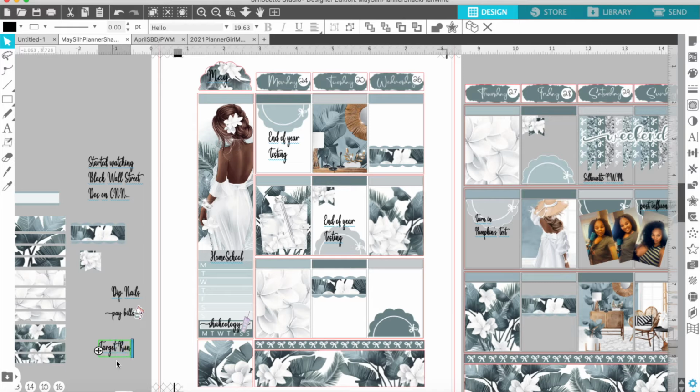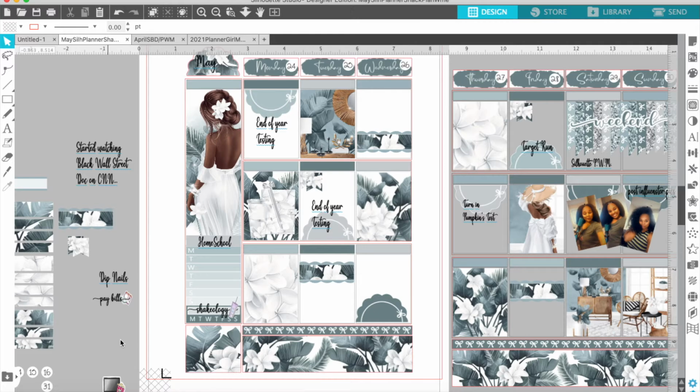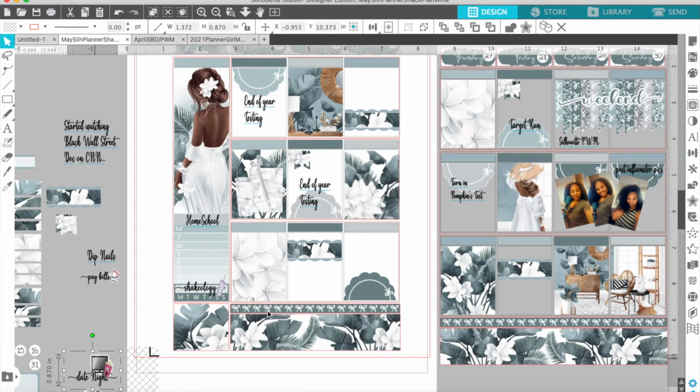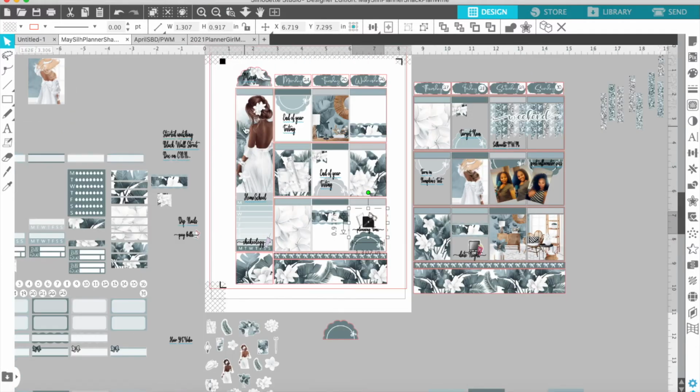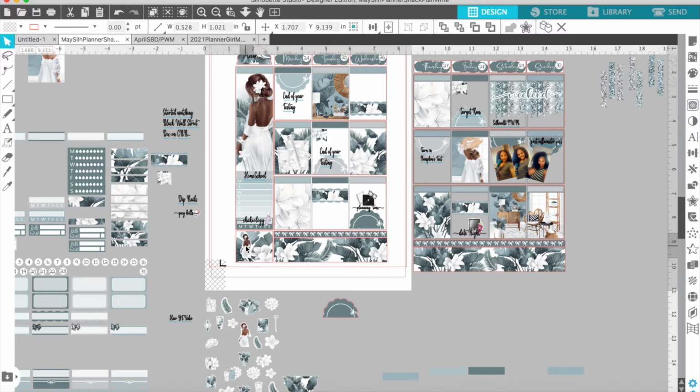And then I just labeled that I actually did this plan with me on the 29th, Saturday of May. And I just labeled that there. And then I put down that we had a date night on Friday night, and I also labeled that I had to do a Target